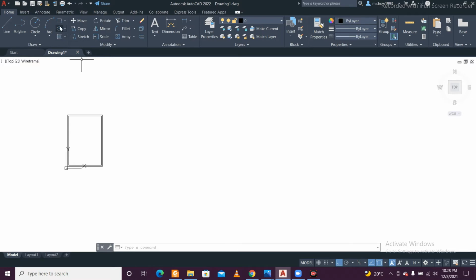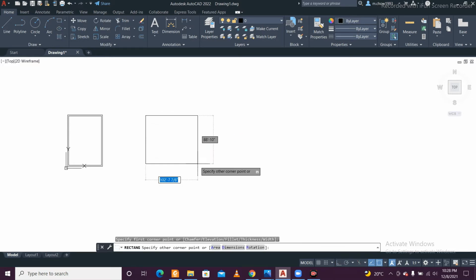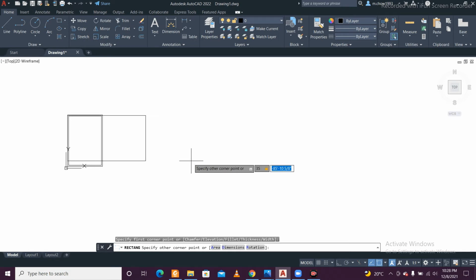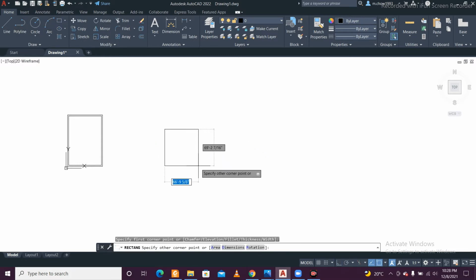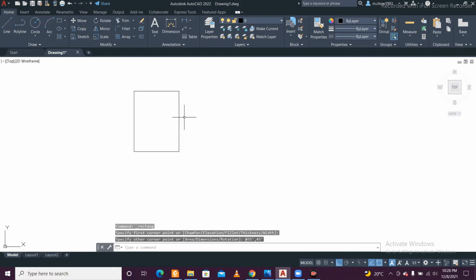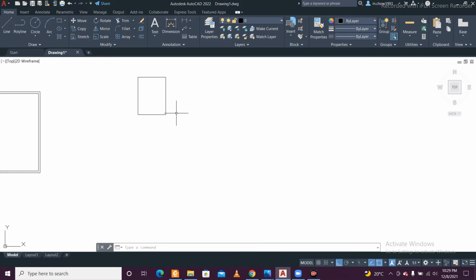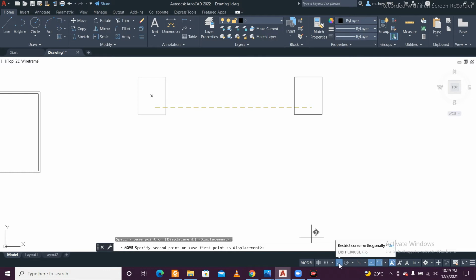So we can take this plot size and draw a rectangle here. We'll just take 35, comma 45. So we just have to take it in feet. So we'll select again 35 feet, comma 45 feet. So this is the area in which we want to make our space. Suppose this is our plot area, and inside it, just turn on the ortho